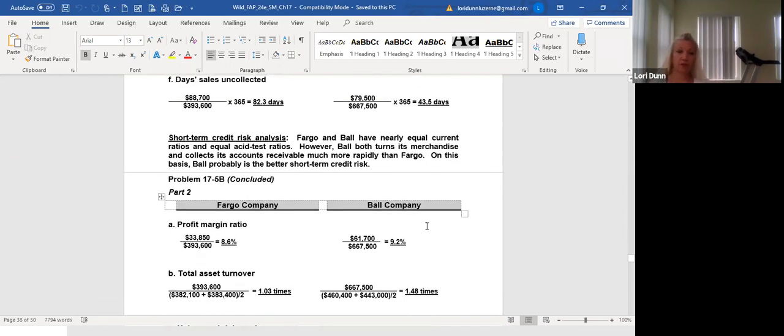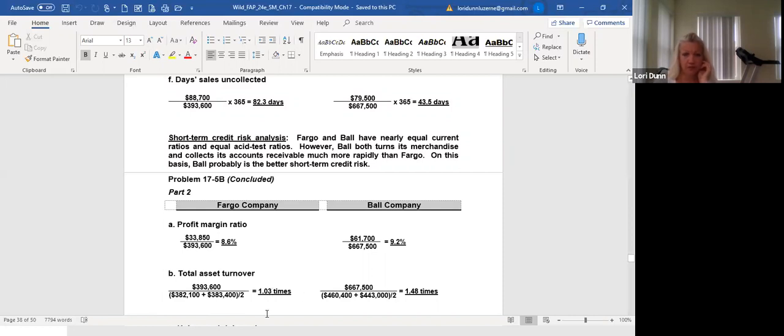Asset turnover. What we do here is we take sales divided by average total assets. So we need to know, what are our total assets? For Fargo, the beginning of the year, they're 383,400. They give us that information on the right-hand side. And then the end of the year, they're 382,100. Add those two together, divide by 2, determine an average, divide the average into sales,